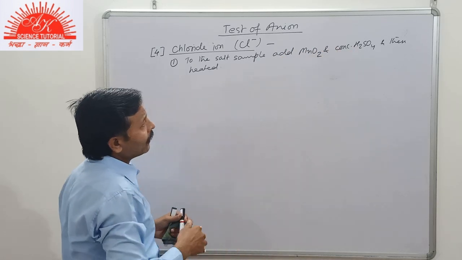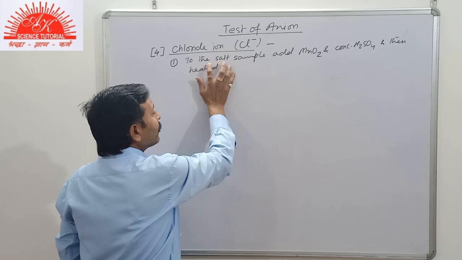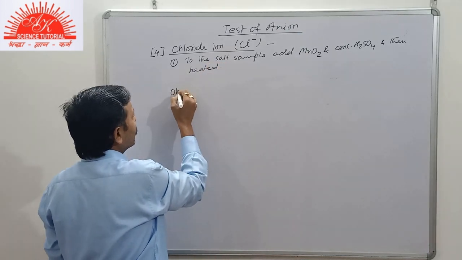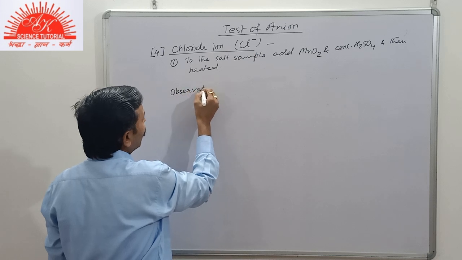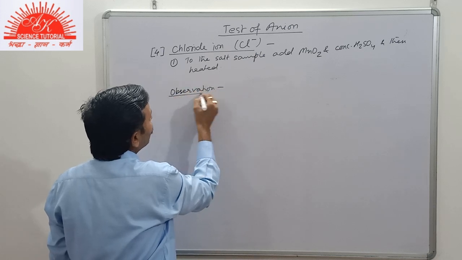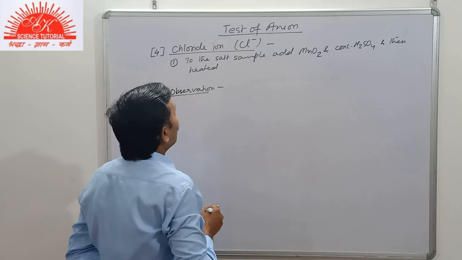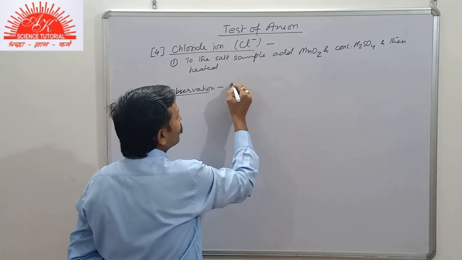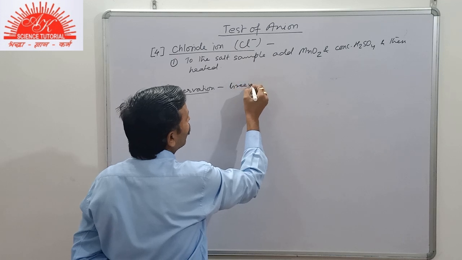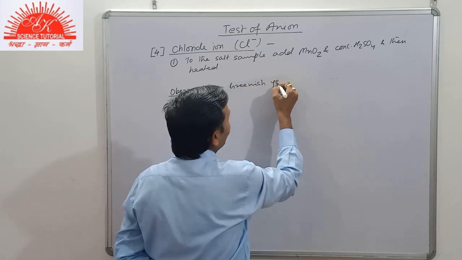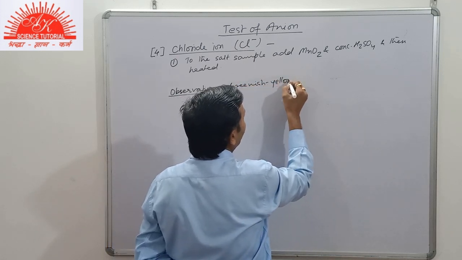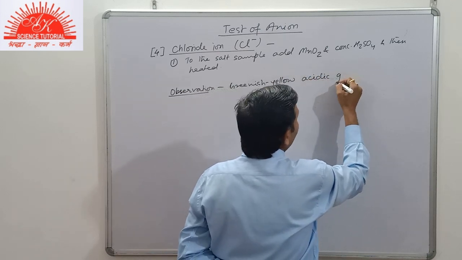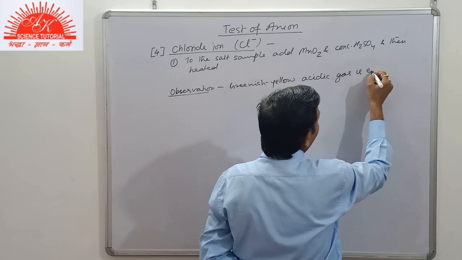Actually what happens here if it is a chloride salt? Observation: a greenish yellow acidic gas is evolved